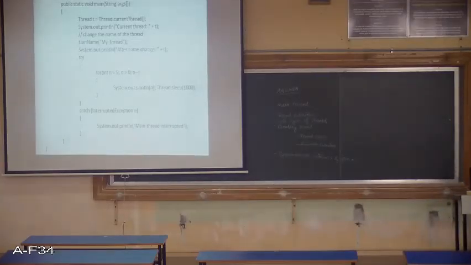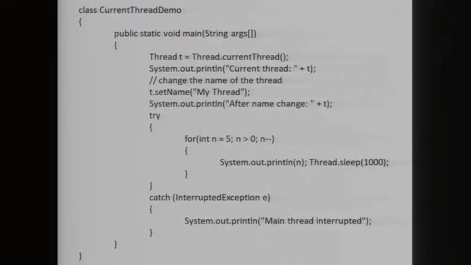The argument to sleep specifies the delay period in milliseconds, and notice the try catch block around this loop. The sleep method in Thread might throw an InterruptedException. This would happen if some other thread wanted to interrupt this sleeping one. So this example just prints a message if it gets interrupted. That's what we have written in the catch block: main thread interrupted. In a real program, you would need to handle this differently. So let's see the output.